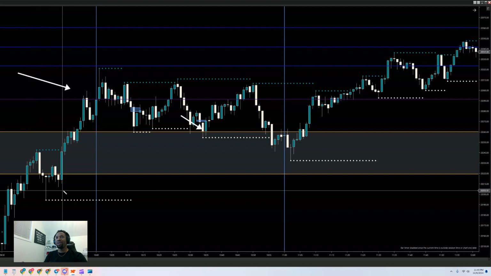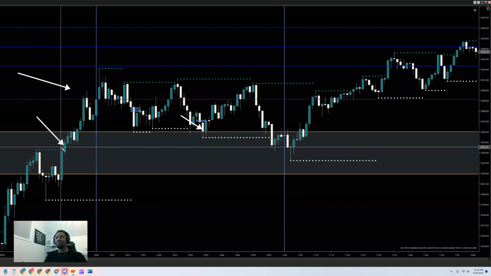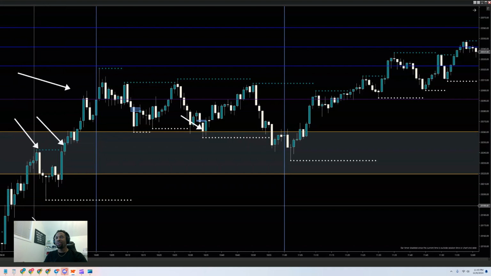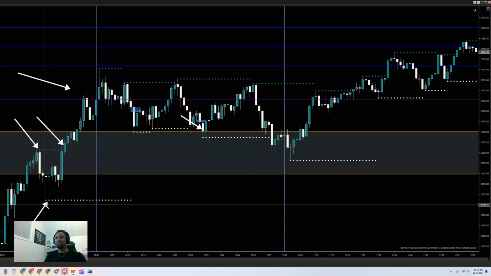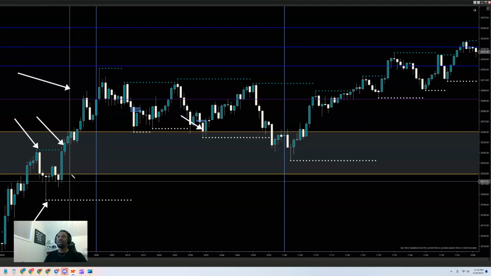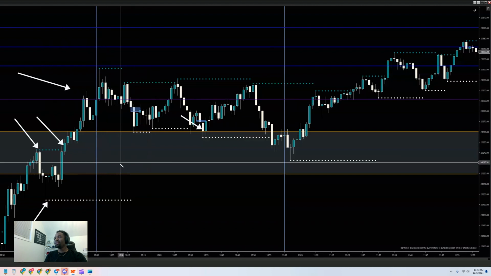So now that this candle right here closed above this previous swing high, it confirms that this is now the new swing low. And now, in order for there to be a new swing high, there needs to be a candle that closes below